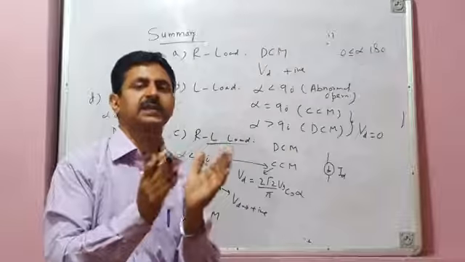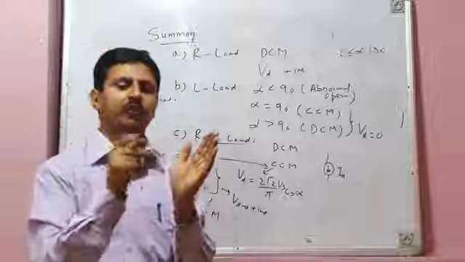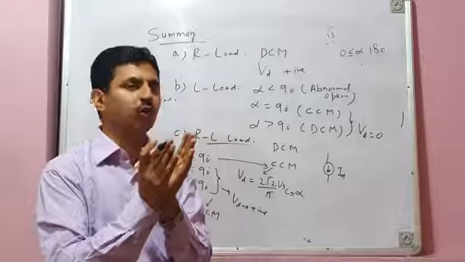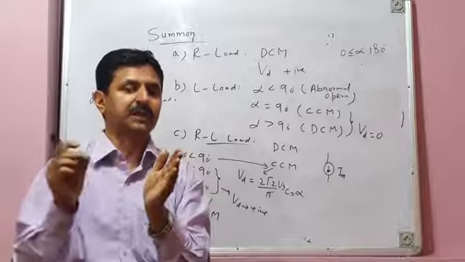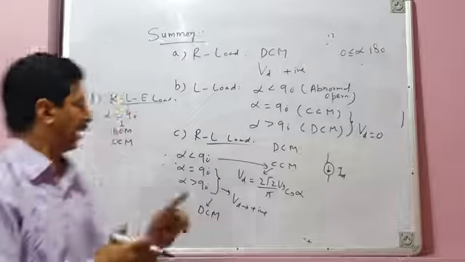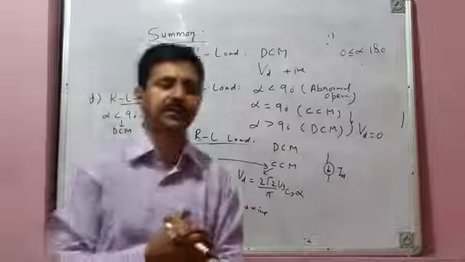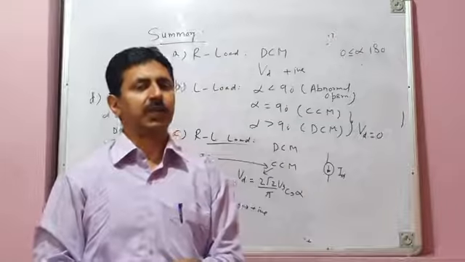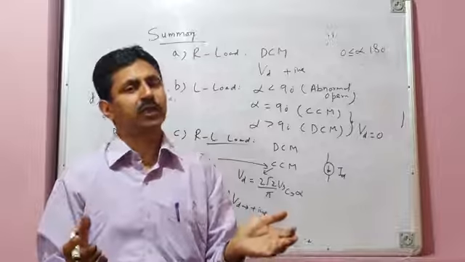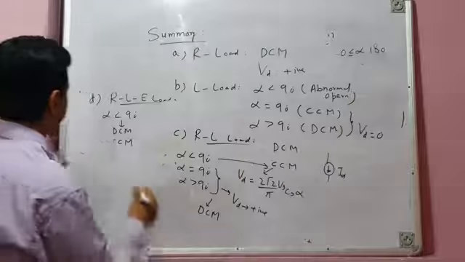So for thyristor conduction mode, that is from alpha to beta, your load voltage is equal to source voltage. And for coasting mode, that is from beta to pi plus alpha, load voltage is equal to E. And for continuous conduction mode of operation, we have seen we have only one mode, that is thyristor conduction mode. And for thyristor conduction mode, your load voltage is equal to source voltage.